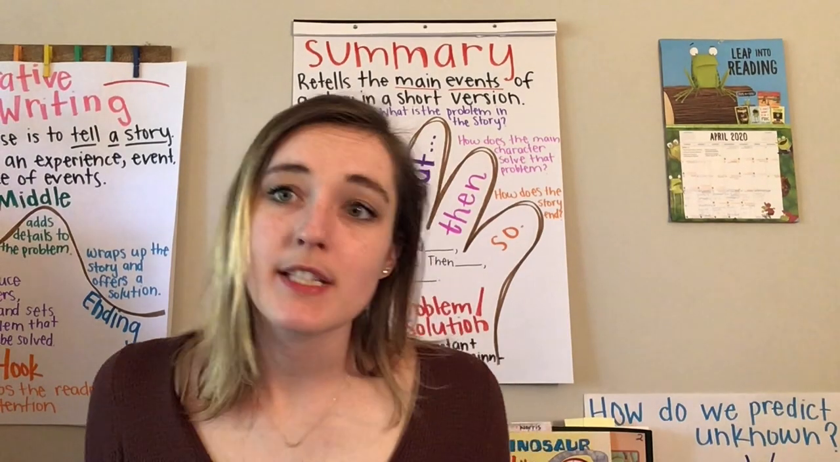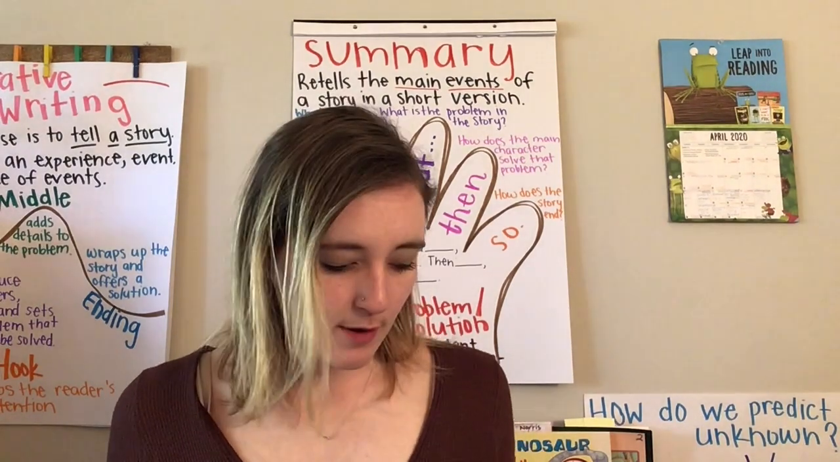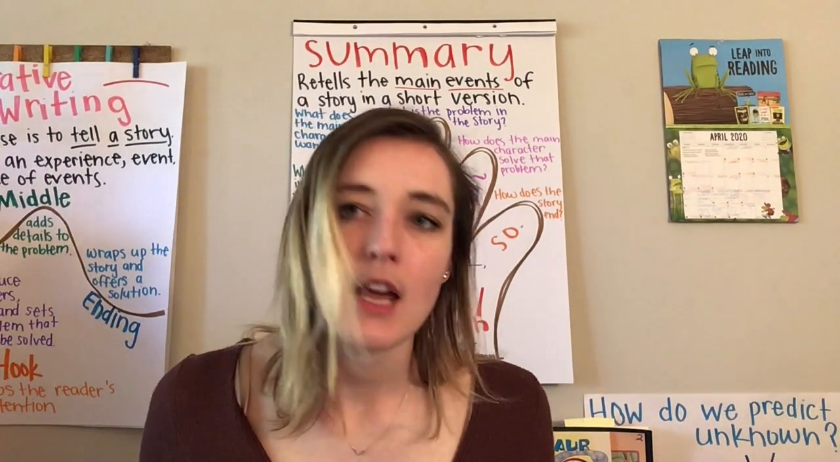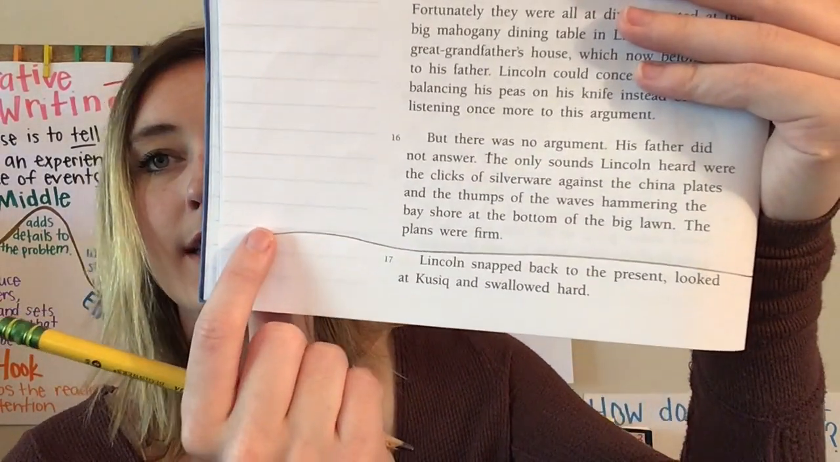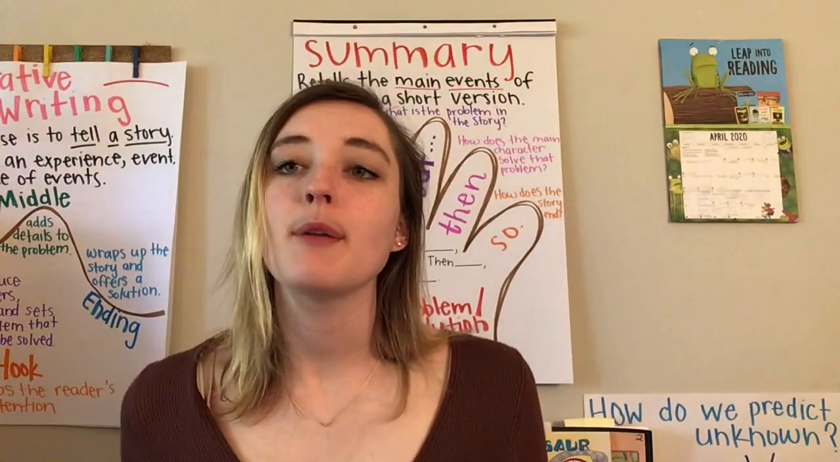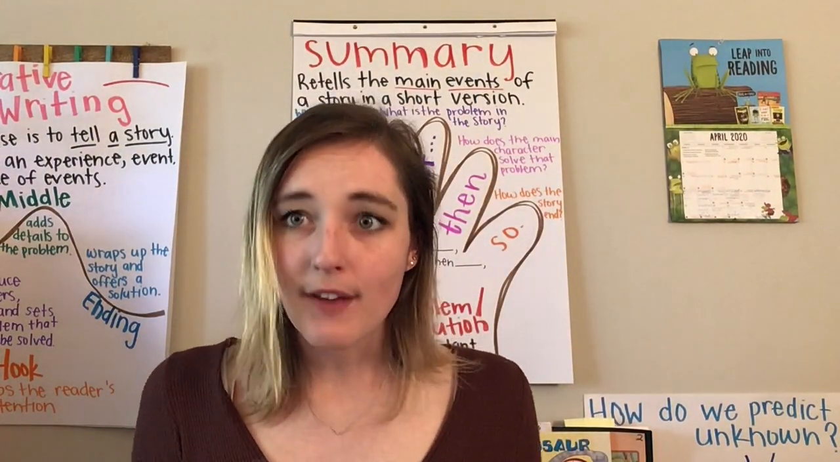So all we're going to be doing today is reading the first part of the story. We're going to be reading from page 12 to page 16. On page 16, right below paragraph 16, draw a line. So we're going to read paragraphs 1 through 16 today, and I'm actually going to read the paragraphs out loud